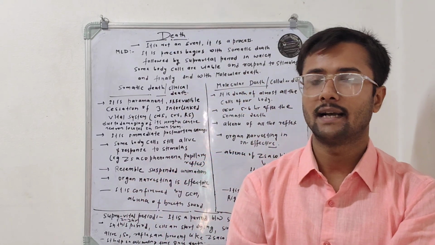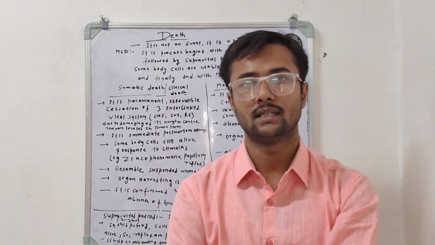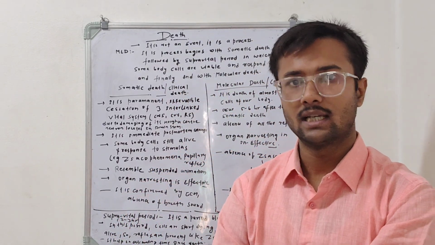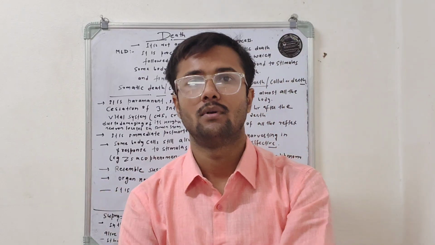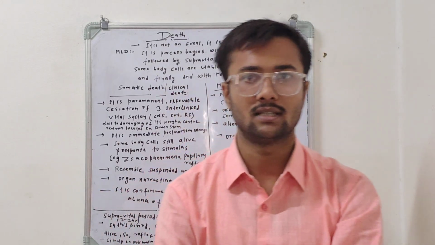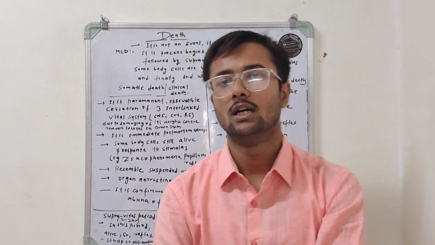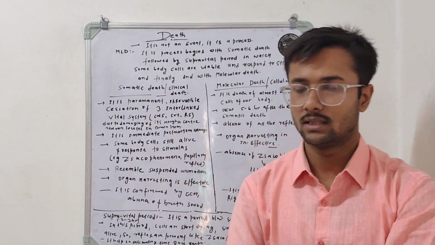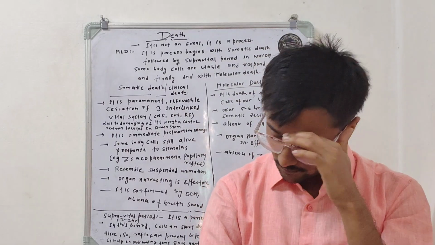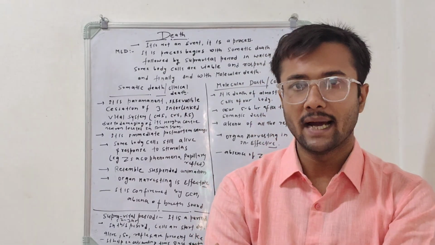So first we try to understand what things happen in all these three sequences. So we start with somatic death, and that is the first event that occurs during the death process. So what things happen during this somatic death process? So somatic death is